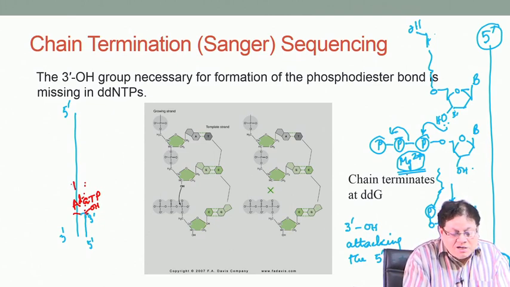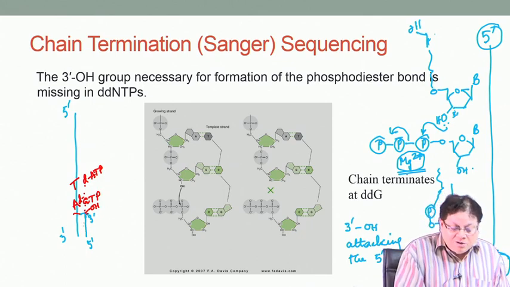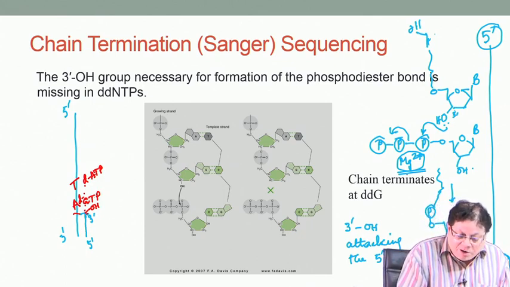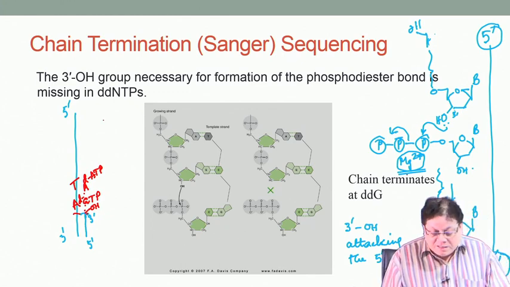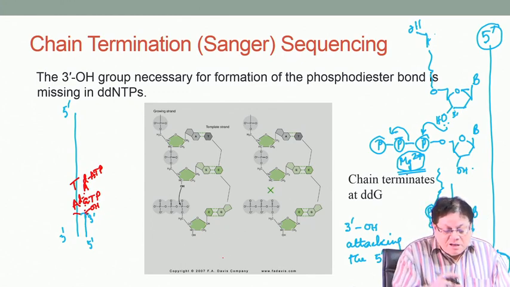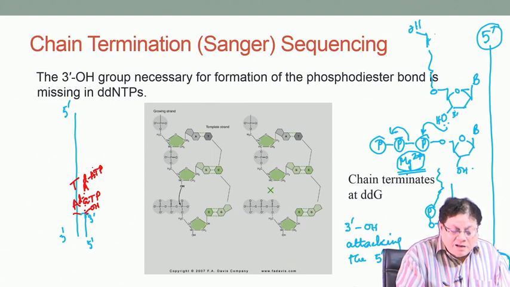Suppose the next one is T. So, now there will be a dATP that will be brought, and now the 3 prime OH of the G which was used earlier, so now it is only the G, because the diphosphate is already out, will attack this triphosphate of ATP. So, that is how A will be incorporated here. Okay. I hope this is clear. So, that means it goes one after another, but the important thing is always the 3 prime OH is attacking